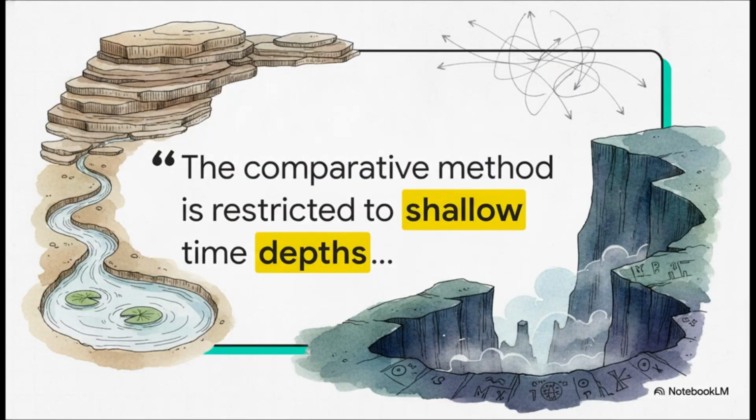Well, let's look at the limits of the tool itself. As Johanna Nichols, an award-winning linguist from the Linguistic Society of America, establishes, the comparative method is strictly restricted to shallow time depths. At massive time depths, the method completely loses its resolution and reliability. Nichols notes that at these ranges, it becomes essentially impossible to distinguish whether reconstructed resemblances apply to 12,000 years ago or 40,000 years ago. The required time depth for PIE sits right at or completely beyond this reliable limit.